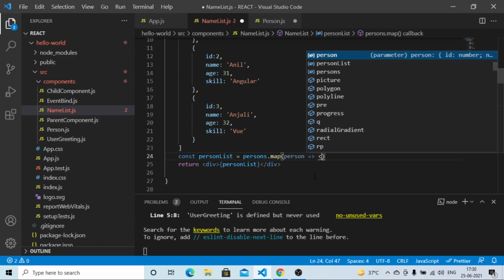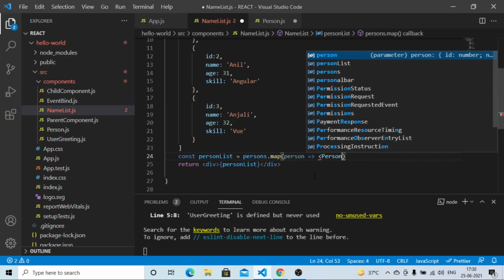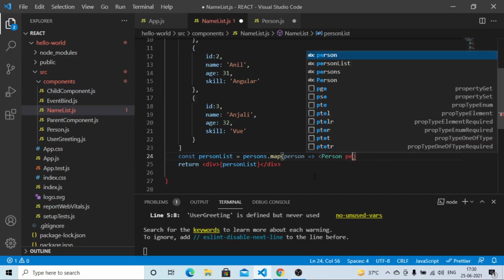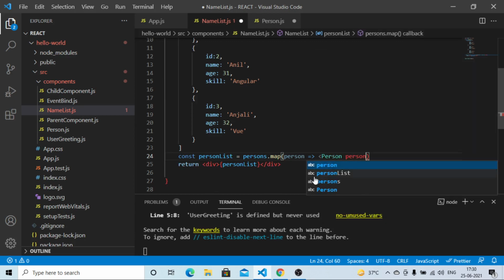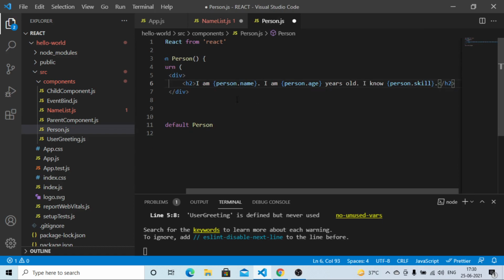And now in the name list we have to use this person, and the parameter person is here passed as props. We have copied this HTML h2 element, but how will this person component know these properties, that is, the value of the name property, the age property, and the skill property?